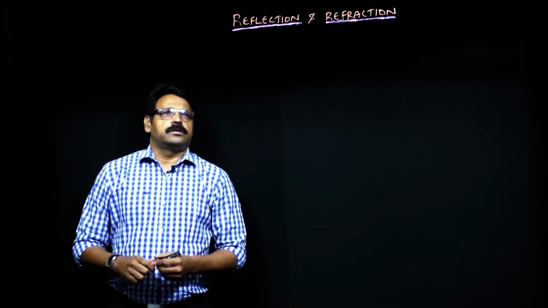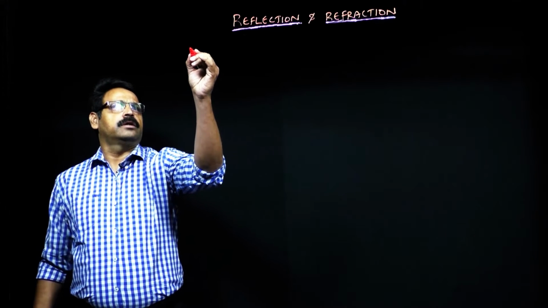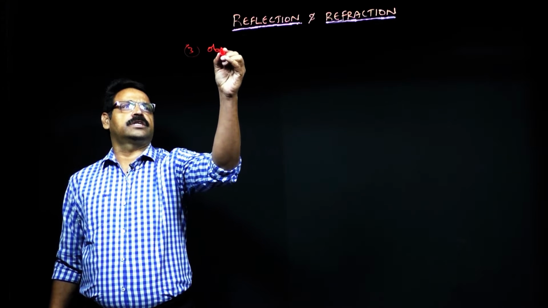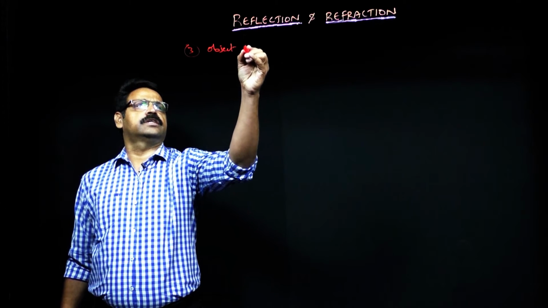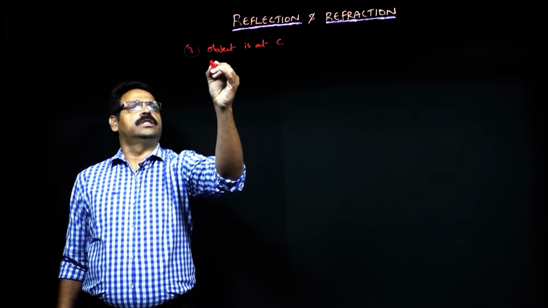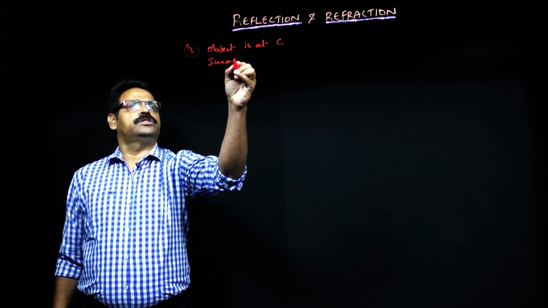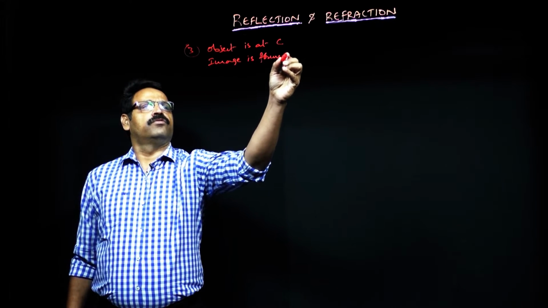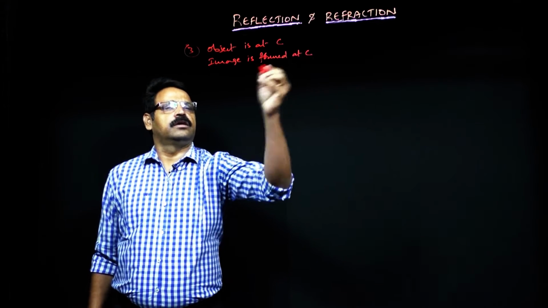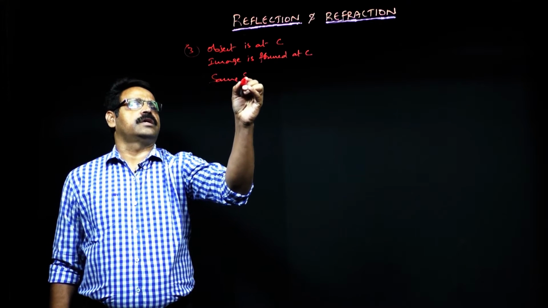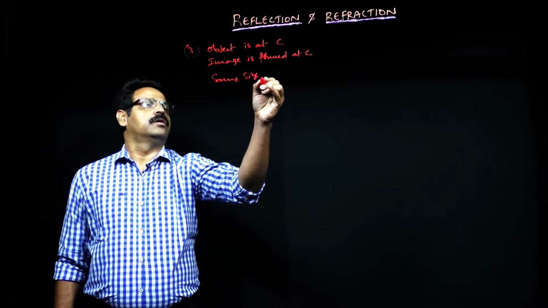Now we look at the third position, where the object is at C, that means center of curvature. Then obviously the image is formed at C only, and it is going to be the same size, inverted